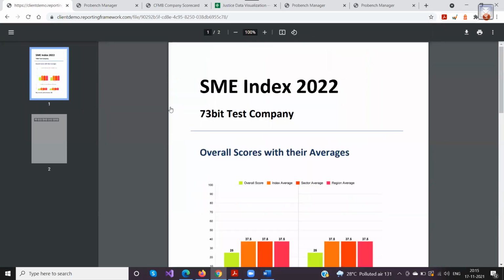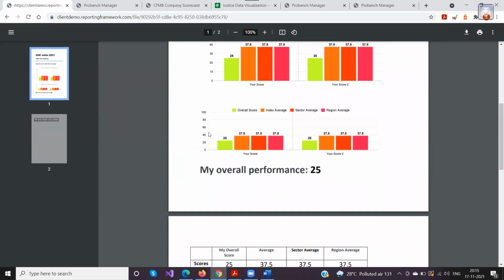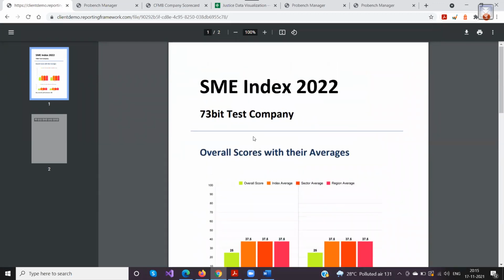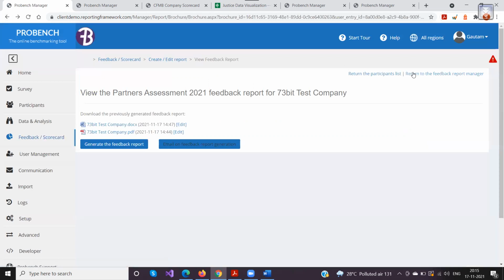Control and F5. The F5 is the function key. What it would do is recreate the complete thing, and now you see the score that I added is here, and the chart that I added is also here. So the PDF was generated, but it was not displaying because it was cached by the browser. I used Control F5 to clear the cache and get the new file. That's how it worked.